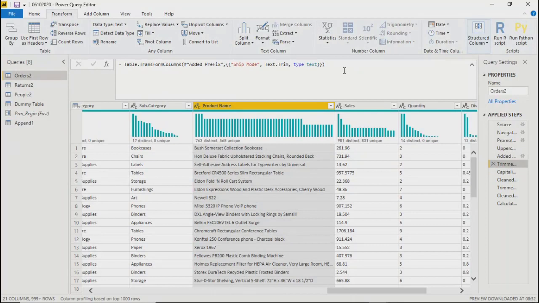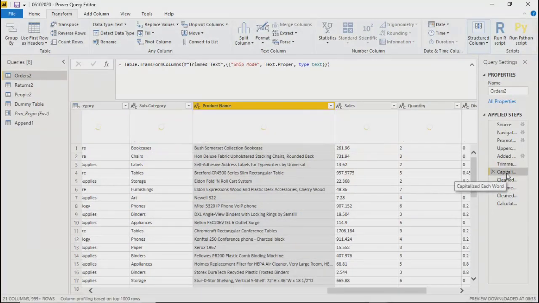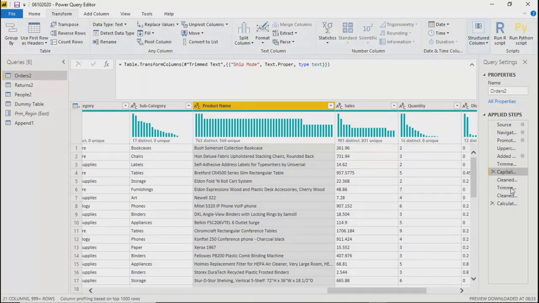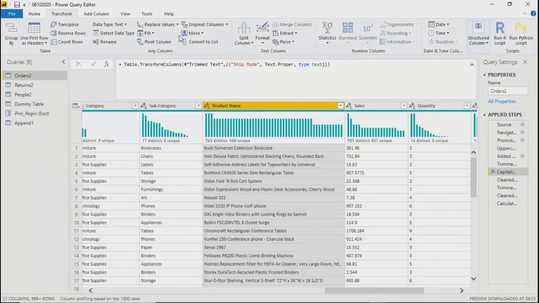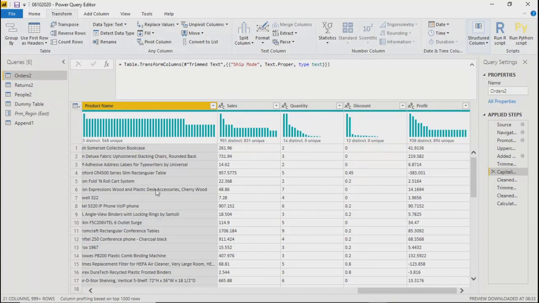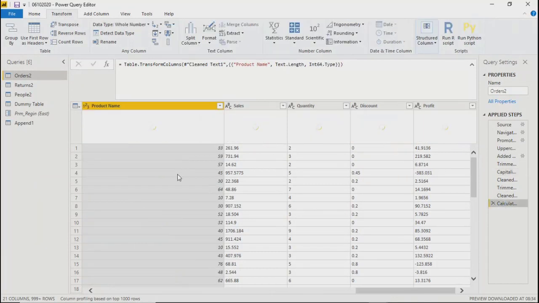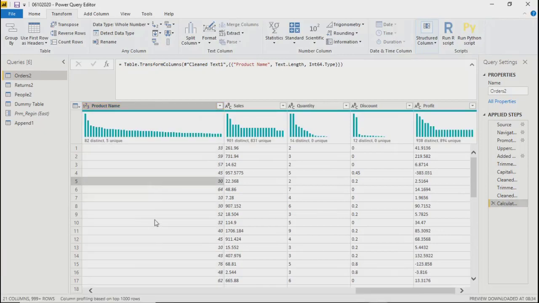The same Power Query is used in Power Pivot in Excel or in Power BI, right? So basically, you can say that there are two languages we use here in Power BI. One is Power Query, and the other is your DAX functions. Correct? So fine. We were here at extract, and we just converted our product name into the product length of the name. So that's what we are getting over here.